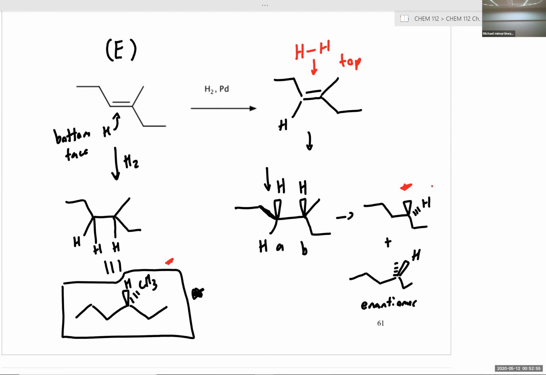Are there any questions? Okay. So first, here's our product from the attack on the bottom face. The hydrogen is pointing towards us, the methyl's away from us. Here is the product after the attack from the top face. And let's see if you can catch the